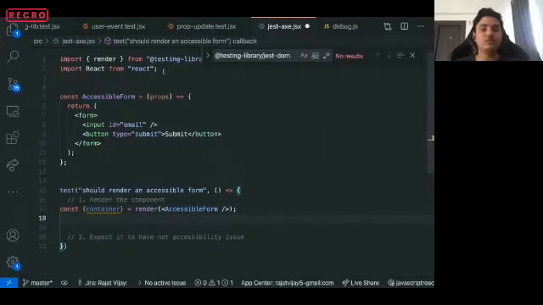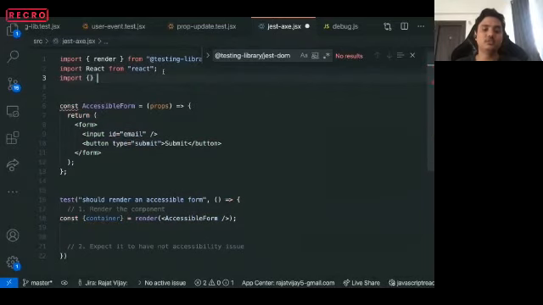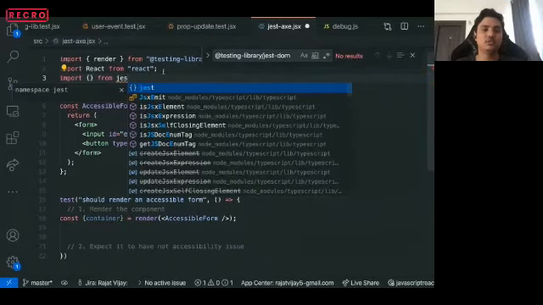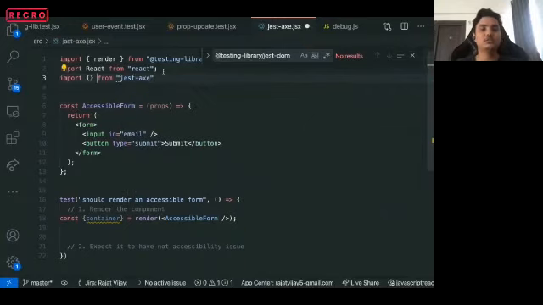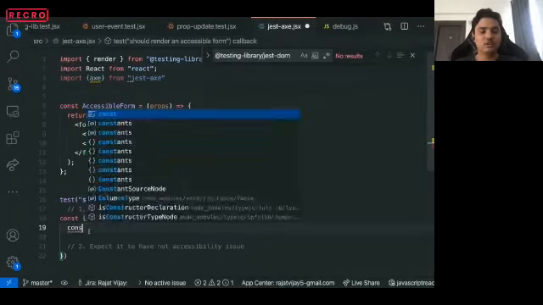Now we import this library called jest-axe. It has a function axe, and you can run it.